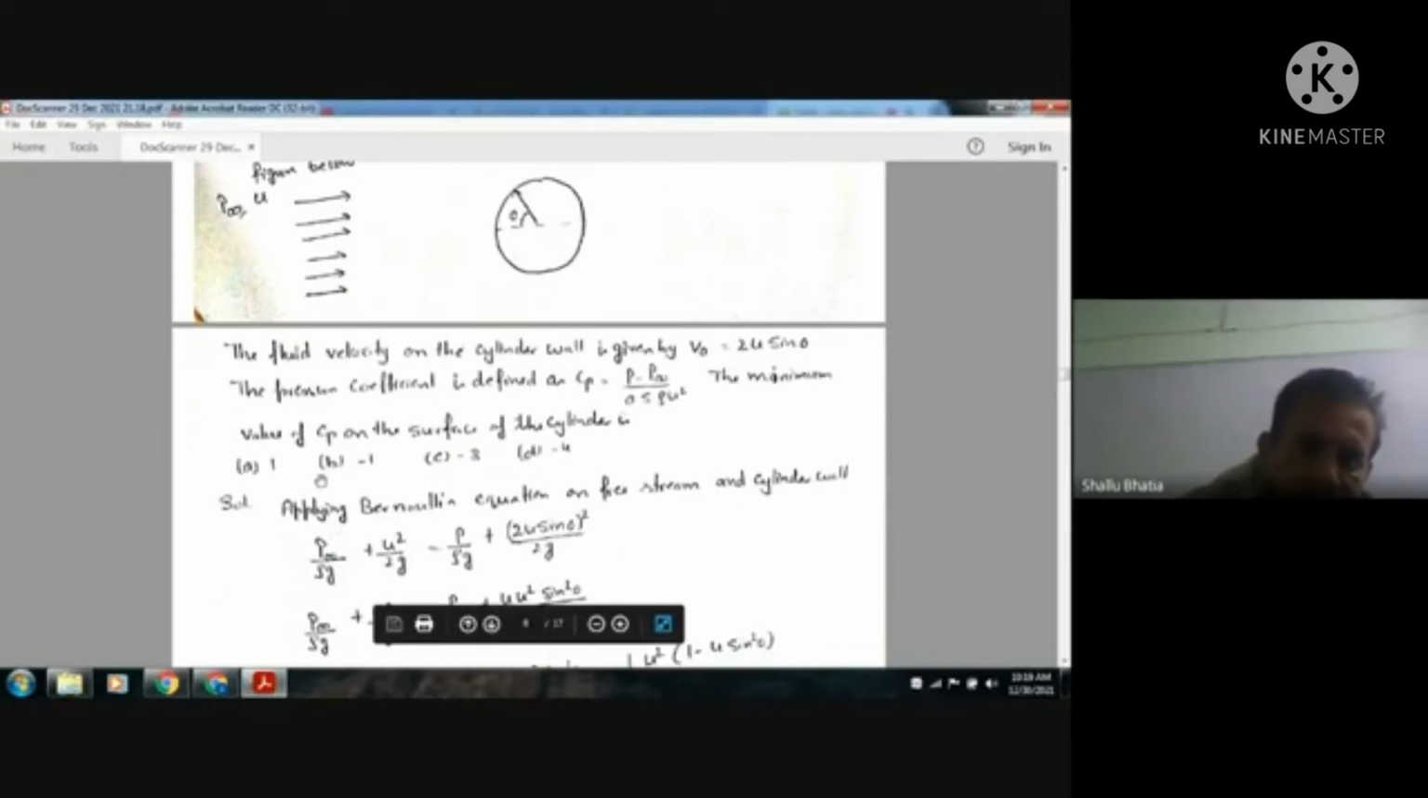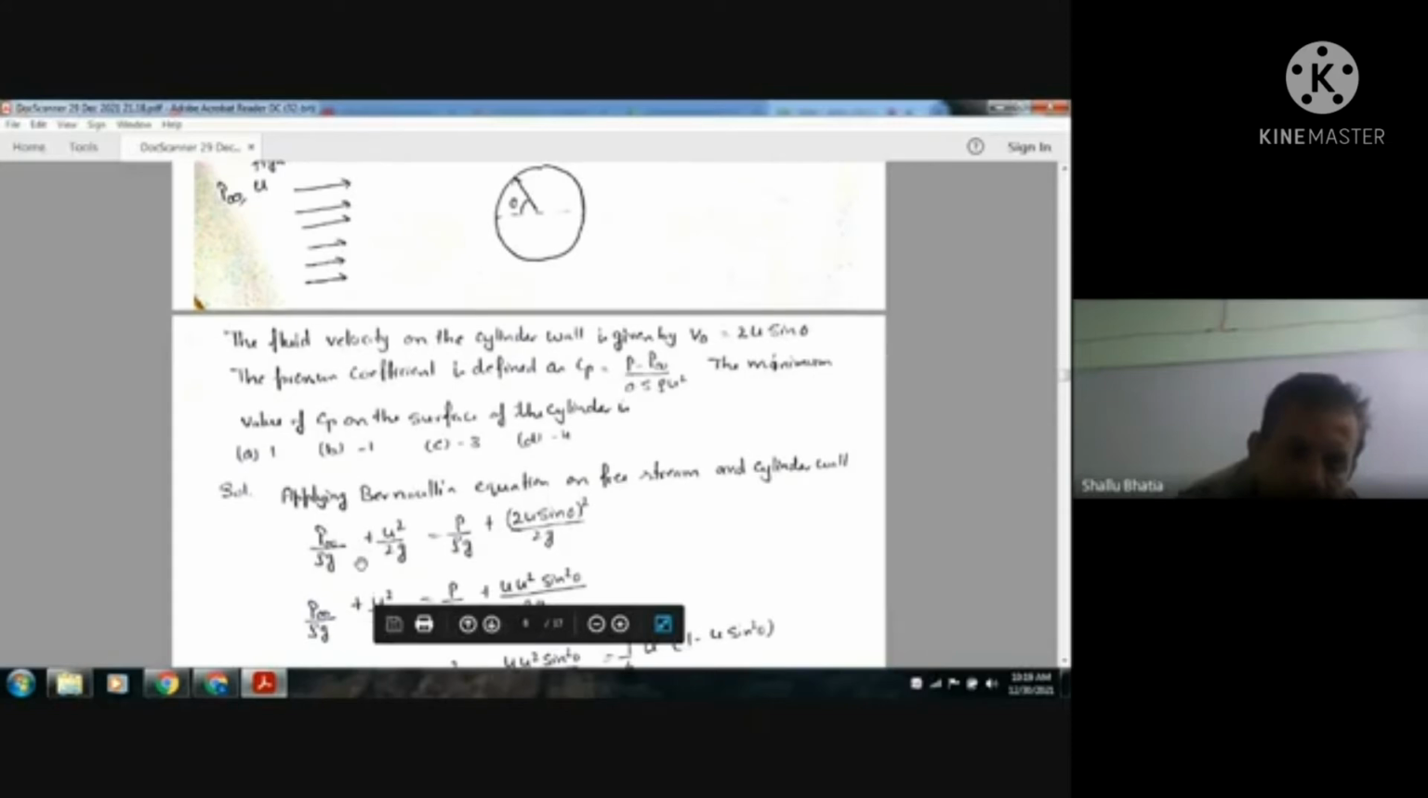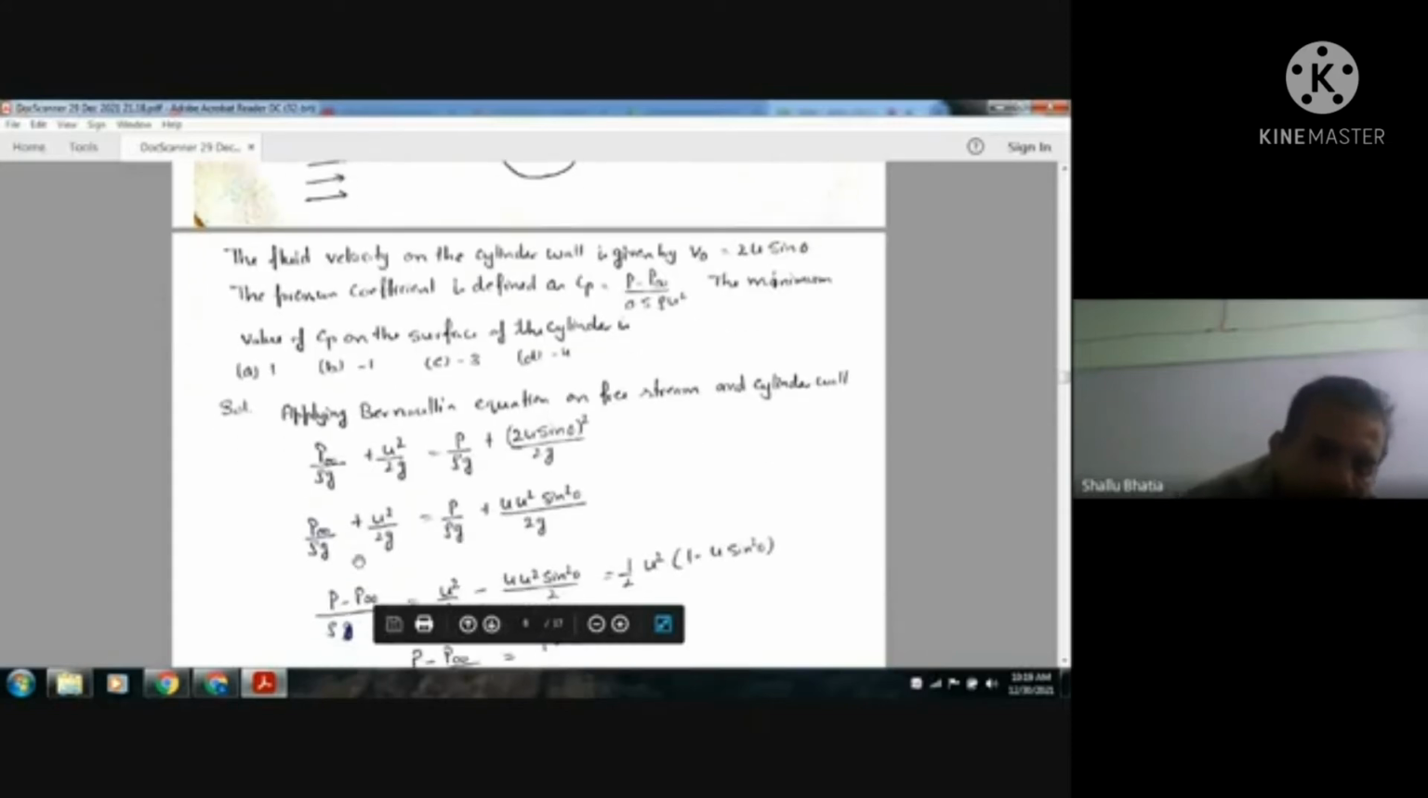Okay, so we can find the pressure by applying Bernoulli's equation. Here it is constant. Here the pressure head is P infinity by rho g and the velocity head is u square by 2g. And here, let P be the pressure, so P by rho g, and the velocity is 2u sin theta, so the velocity head is (2u sin theta) square by 2g. This is your Bernoulli equation. Now from this we can get